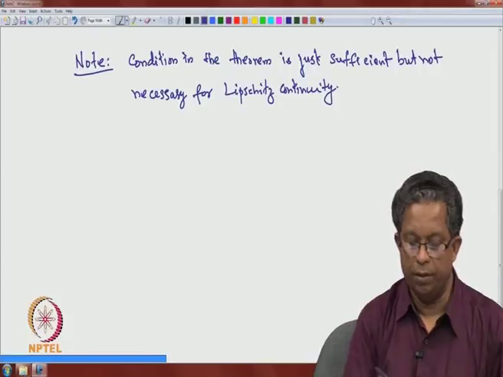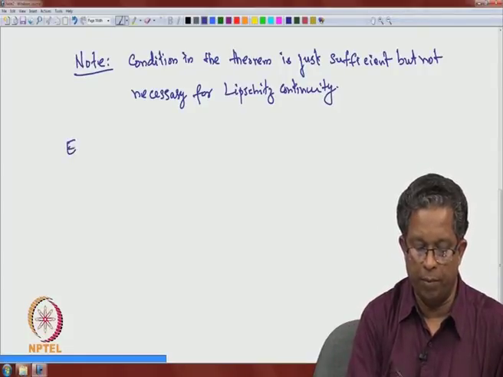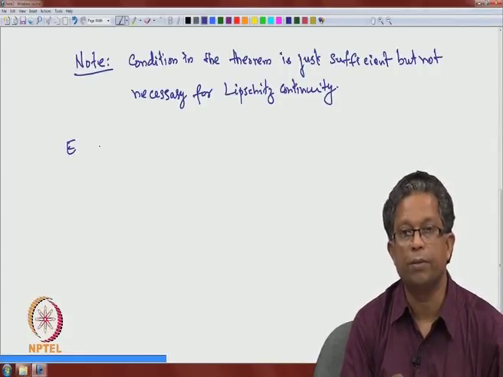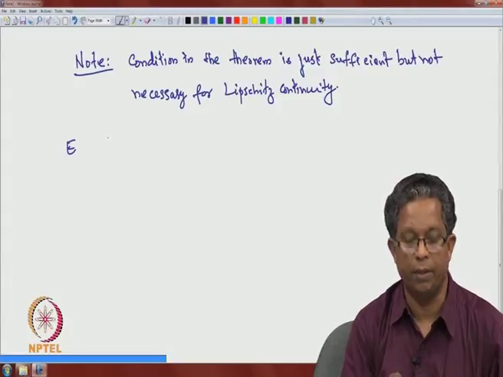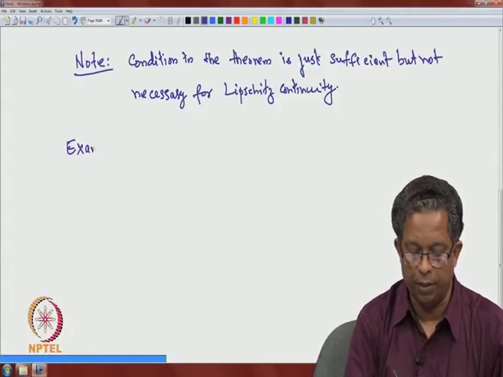So, that means we can produce an example where a function is Lipschitz continuous, and at the same time the conditions of the theorem are violated. So, example